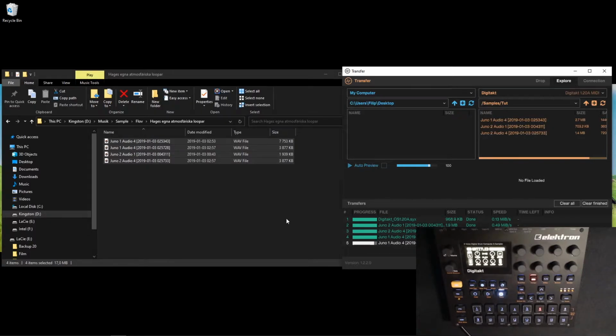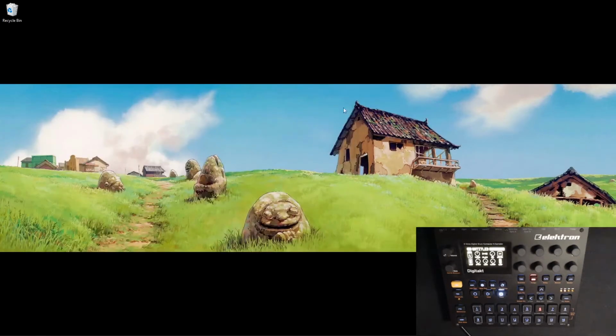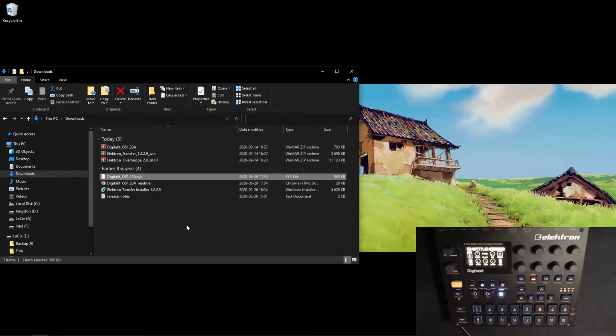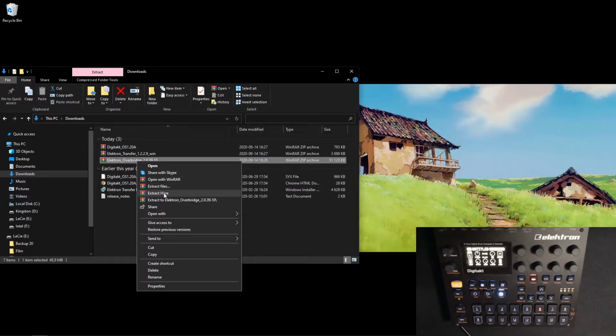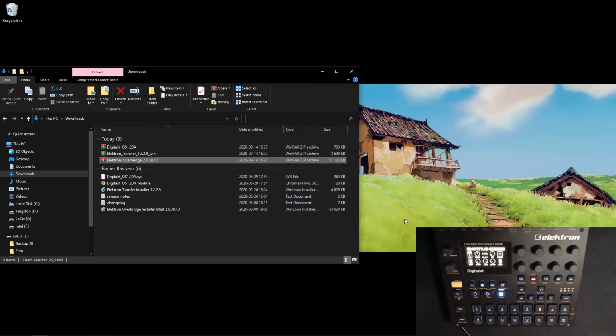And once everything is loaded, we can actually turn off transfer, shut it down. We can turn off our samples, and we can go back because we still have one program we need to install. So that's Electron Overbridge. If we extract Electron Overbridge, you get the same installer like the transfer, so just install it. And we can open Overbridge,